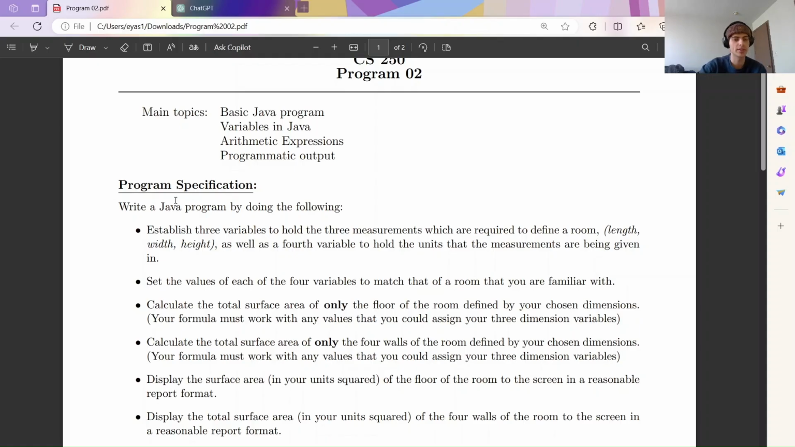All right, so let's read some of the parameters of this assignment. We have to establish three variables that hold three measurements which are required to find the room. So we're going to need a variable for length, a variable for width, and a variable for height, as well as a fourth variable to hold the units that our measurements are being given in. So we have to set the values for each of these four variables in a room that we are familiar